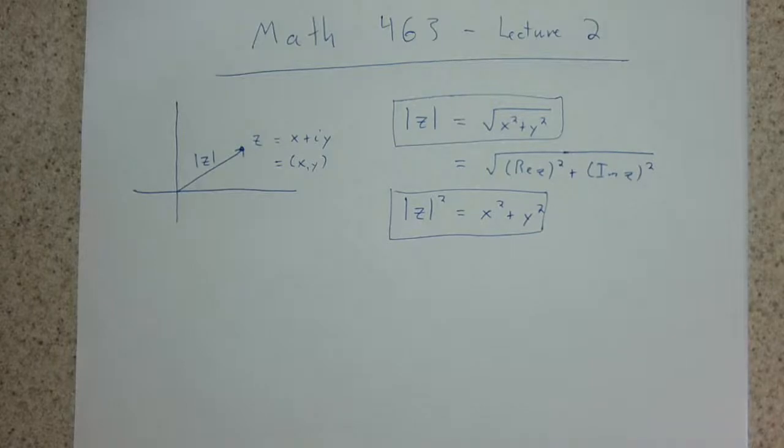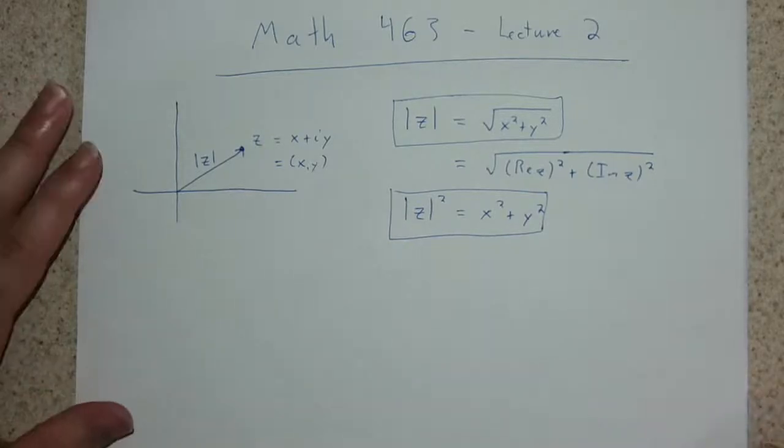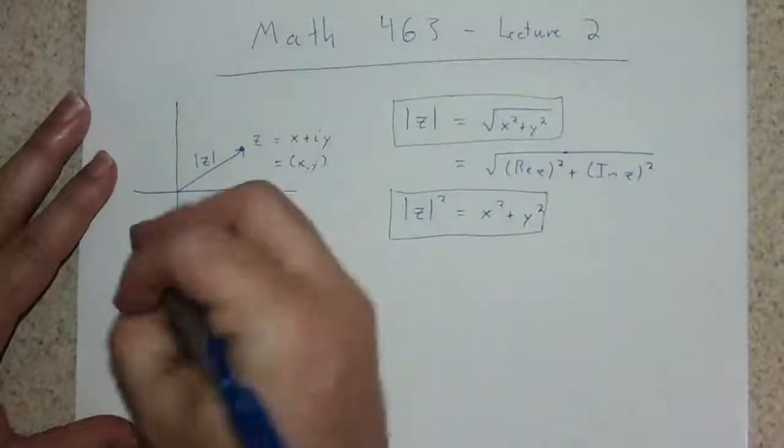So I mentioned that one of the potential uses for this is that it doesn't quite give us the ordering that we have for real numbers, but it gives us something kind of close to it for complex numbers. Of course not on the complex numbers themselves, but rather on their modulus, or on their moduli, on those lengths, these distances here. And to see that, for instance,